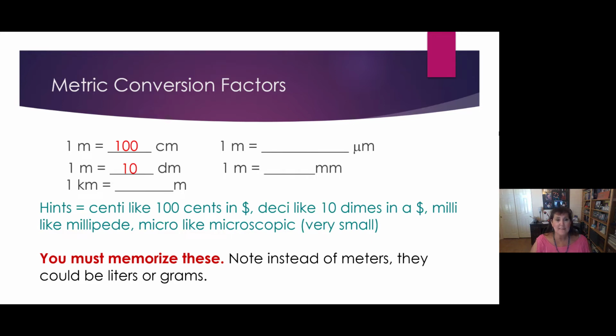Yeah, a meter is 10 decimeters. Good job. Now here's the weird one. A kilometer is big, so there's only one of those. A big kilometer contains how many of the base unit meter? A kilometer is how many meters? You're correct if you said 1,000.